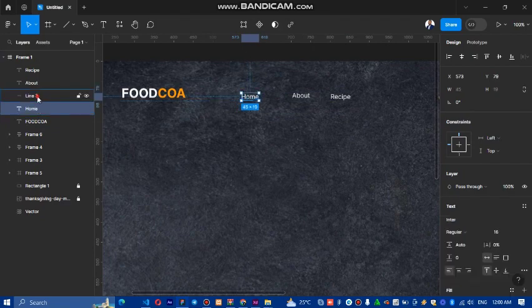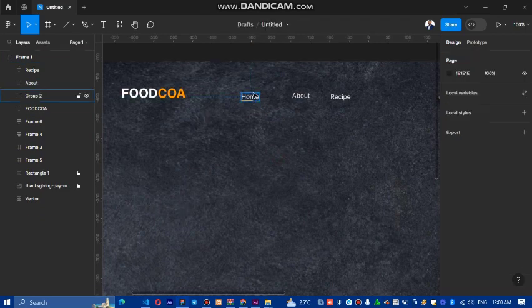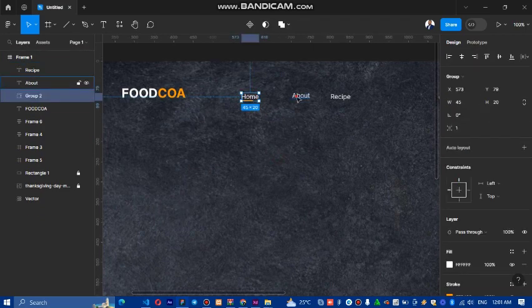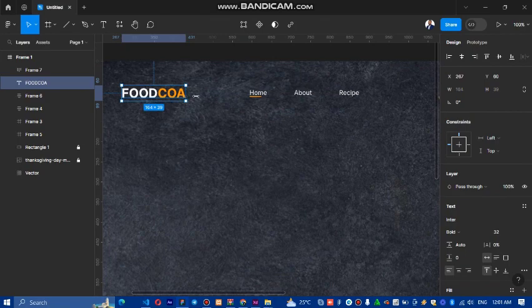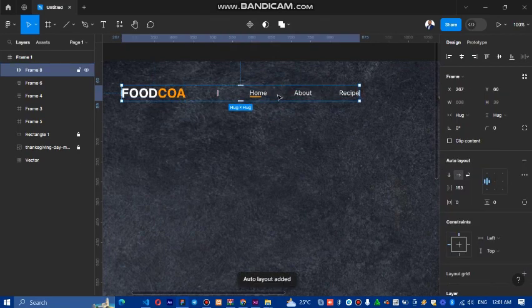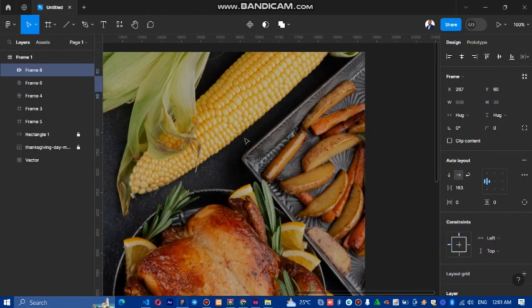We want to select the home and this line and press Control G. They have to be in a group. I've done that. We can select these three and add Shift A. Yep. So after that, you can select these two and add your Shift A. So make sure they are in auto layout. After that, we can